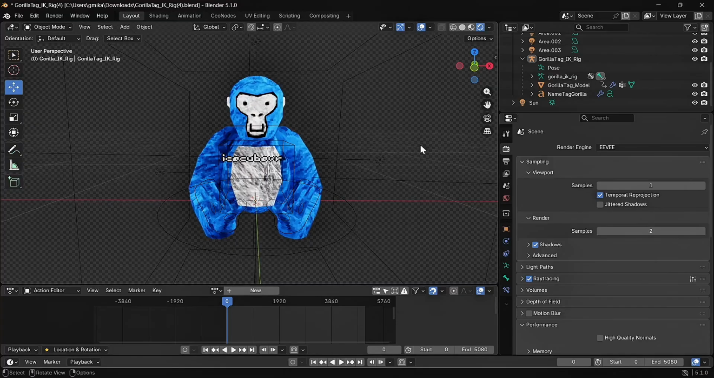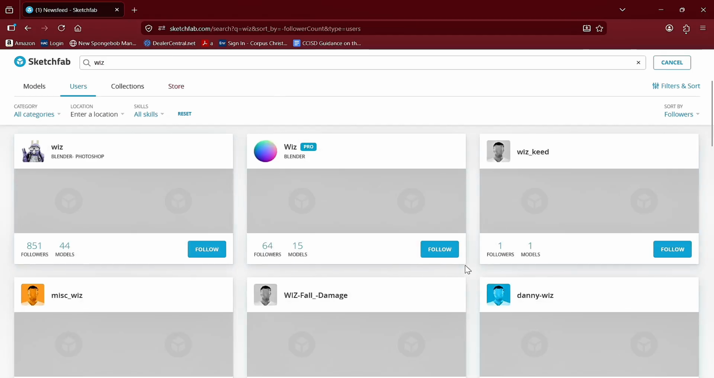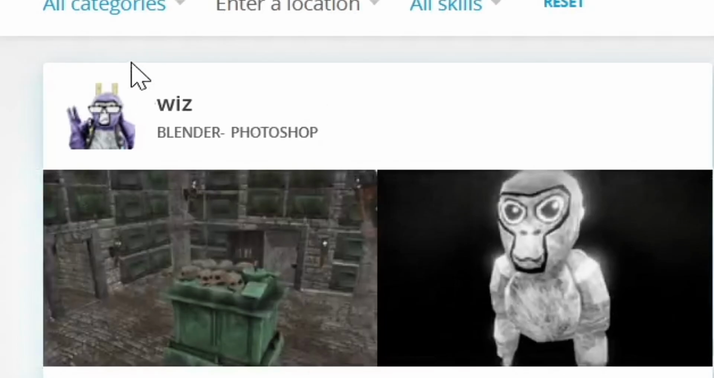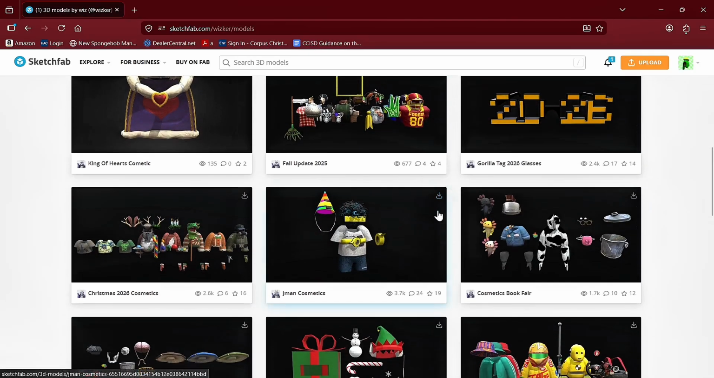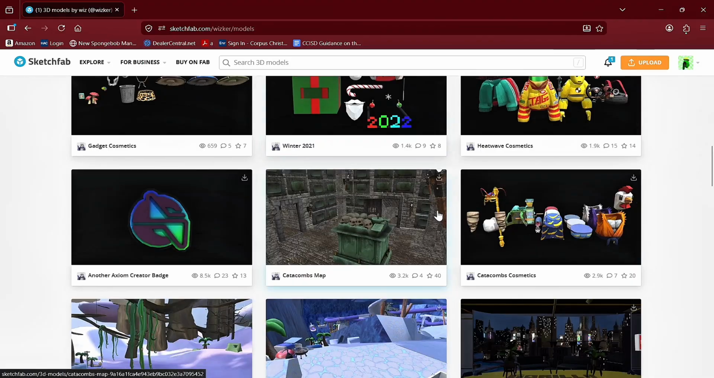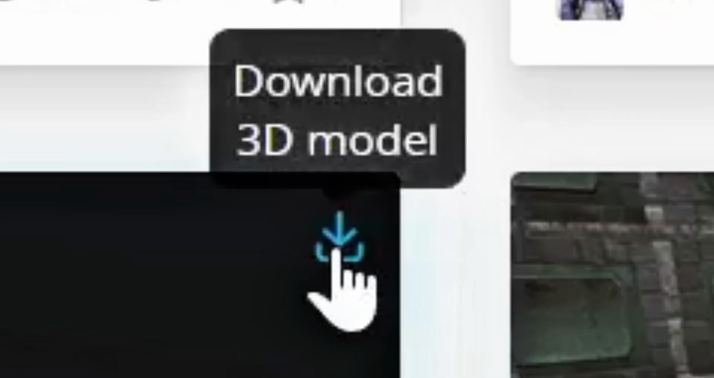In order to actually put in cosmetics, you want to go in the link in the description below, and it's going to take you to a SketchFab link. It's going to take you to here. You want to click the first person, and as you can see, he has a bunch of gorilla tag cosmetics that you could use. So in order to actually download one, let's say I want to download the AA Creator Badge,